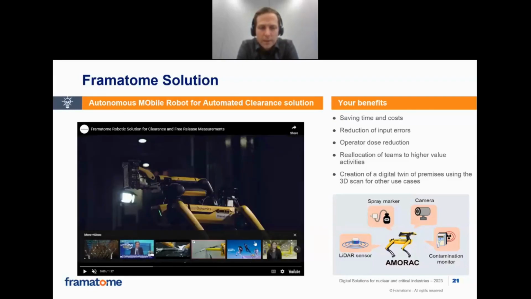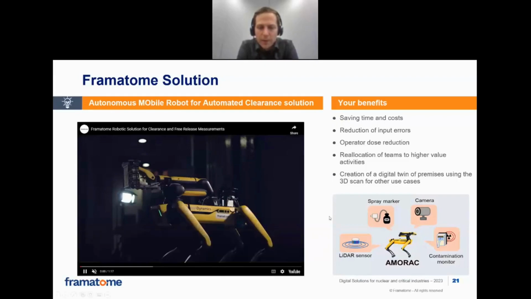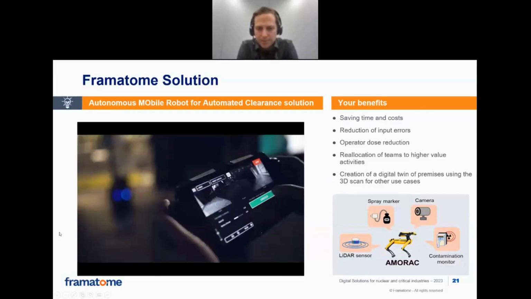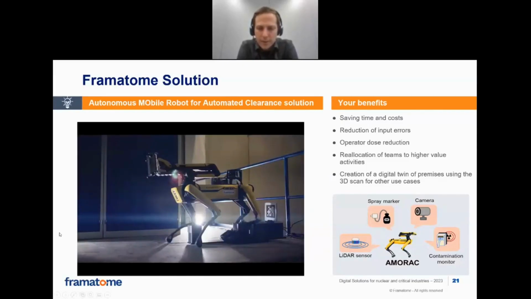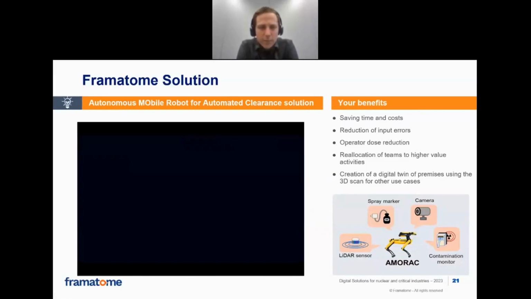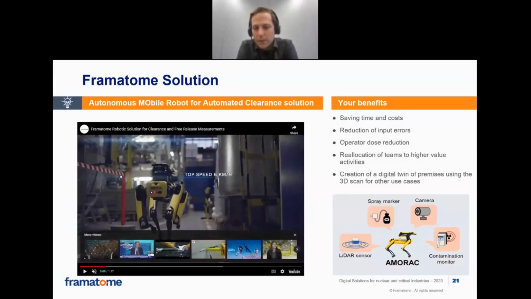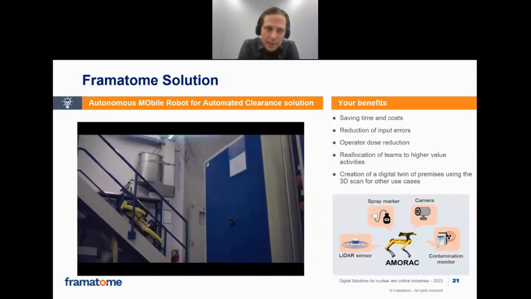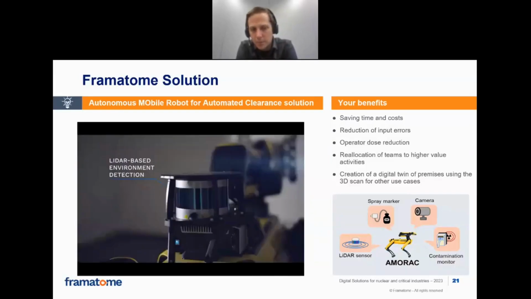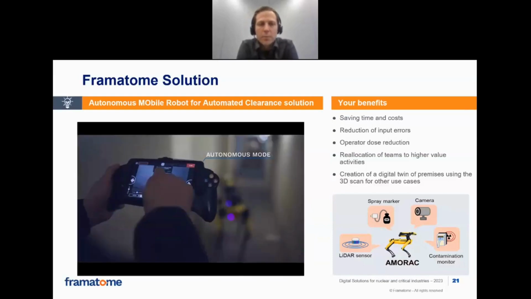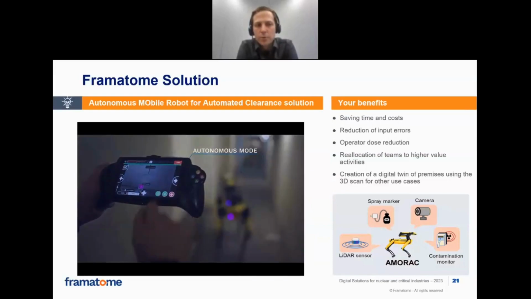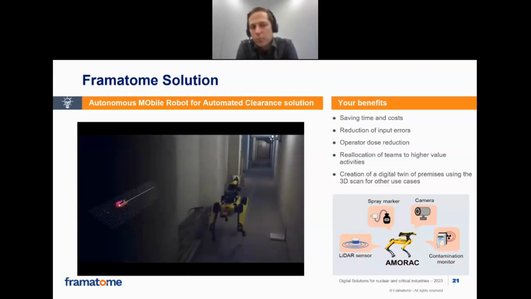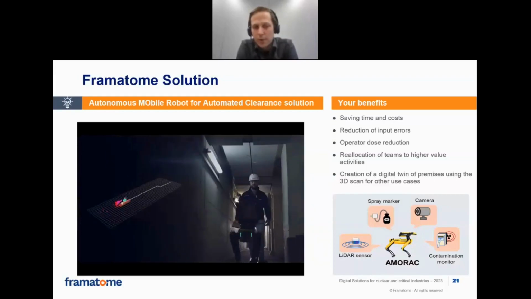For instance, for making photo documentation and for other purposes. So now it's running, thanks. And of course, we need to implement the contamination monitor, like our measurement device. In this use case, it is a contamination monitor that has to be pushed to the wall. That can be a wall, a floor, or something else.